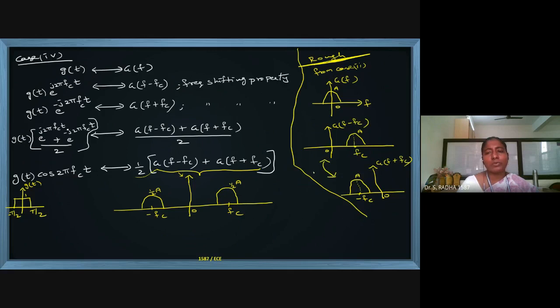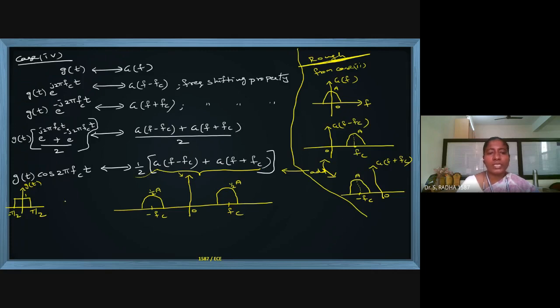Now we are adding both of these. Why? Here the equation is addition only. Here the equation on the other side, it is addition. Left side what we are doing is the actual thing. Right side I am writing the rough. Now adding these two diagrams appropriately for the equation. The equation is having 1 by 2 also, so that height will be multiplied with 1 by 2 also. This is the diagram for the right side. So now you can see on the left side I have completed g of t.